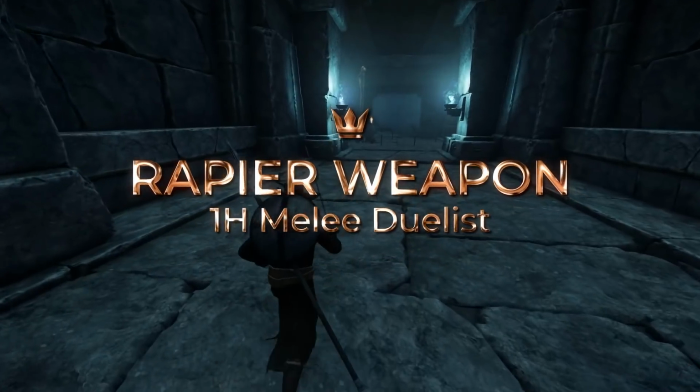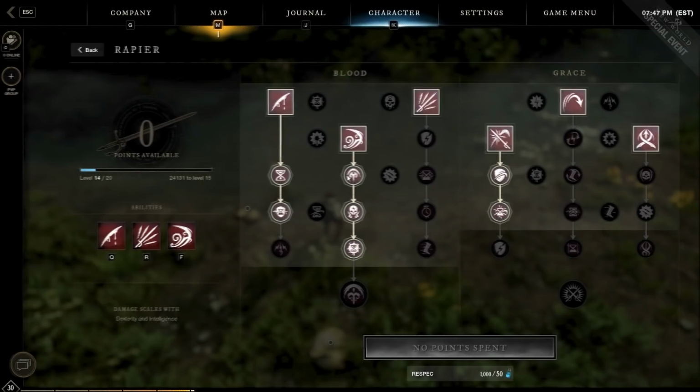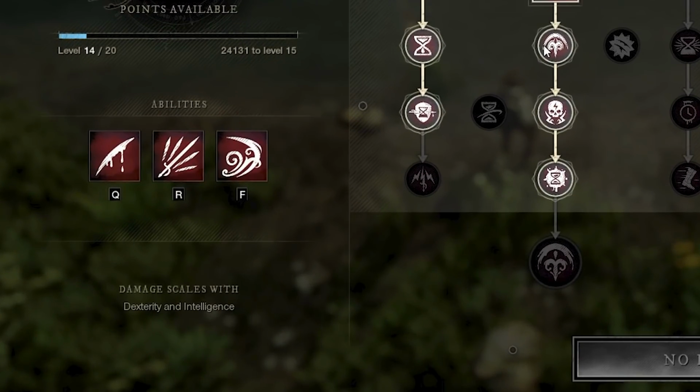Next up, time to talk about the Rapier. So the Rapier skills consist of 2 skill trees, Blood and Grace. The Rapier itself scales off Dexterity as a primary and surprisingly Intelligence as a secondary. And we'll talk about some interesting things you can do with Intelligence later in the video, but first let's dive